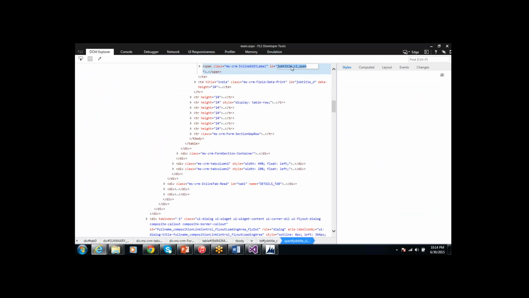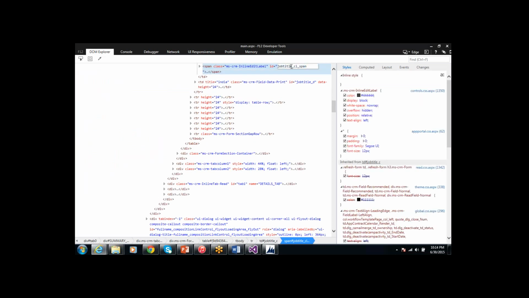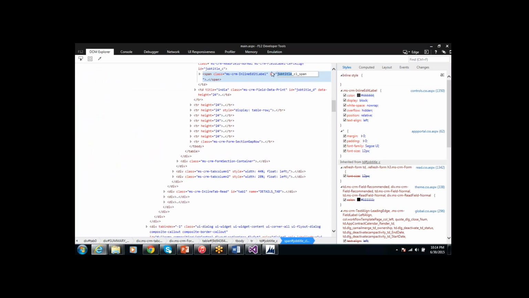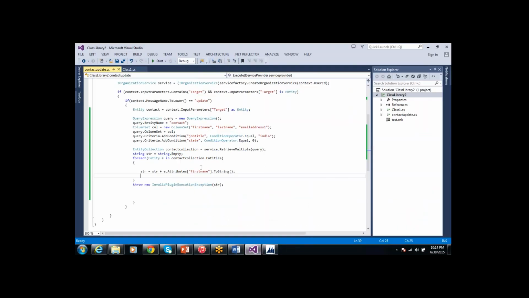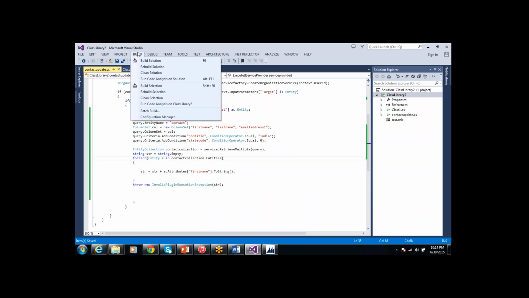So it is job title, sorry, job title is correct. It is a state code, not a state, so I need to build it again.